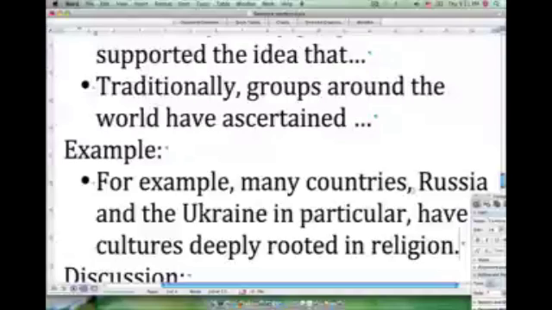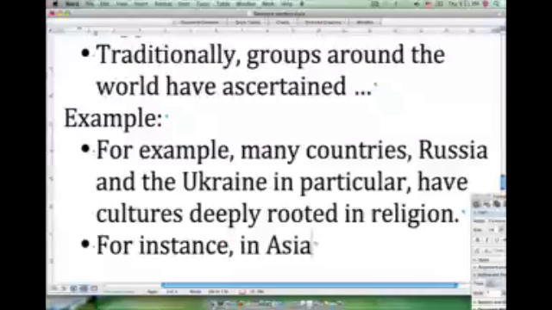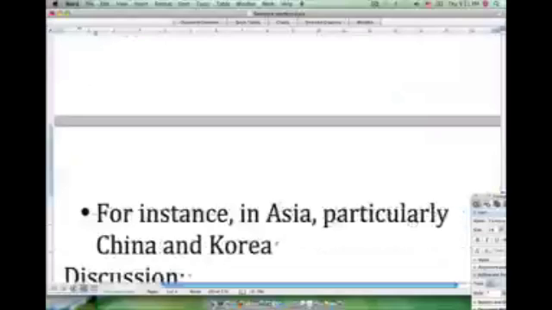So we say, we're talking about countries, which is kind of a broad and somewhat ambiguous topic, not very specific. And then we go even more specific, and we say Russia and the Ukraine in particular, comma, have cultures deeply rooted in religion. And I think that the essay we wrote together two days ago was something like this. For instance, in Asia, comma, particularly China and Korea, comma,